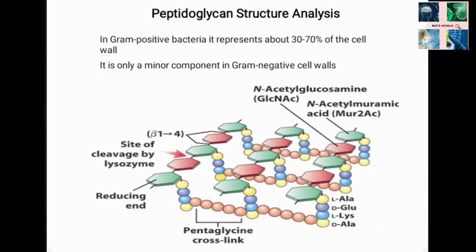This peptidoglycan is an essential and specific component of the bacterial cell envelope. It forms a mesh-like structure outside the cytoplasmic membrane and is responsible for the rigidity and shape of the bacterial cell, and it can protect them from osmotic disruption. This peptidoglycan is a heteropolymer that consists of glycan strands that are cross-linked by peptides.